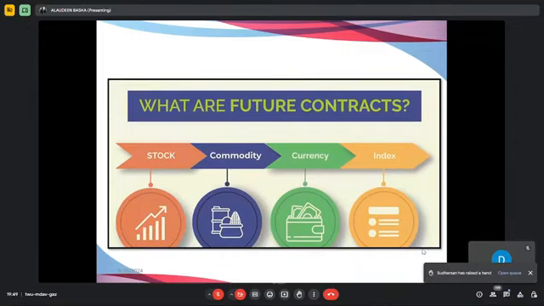What are the futures contracts? They are simply called stocks, commodities, currencies, and the index. Stocks, all of you know, there are a lot of stocks. Out of 5,660 stocks, only a few stocks are in futures and derivatives, not all the stocks, because it is based on market capitalization and volatility. So only these stocks are in the derivative segment, the future segment and option segment. Similarly, in